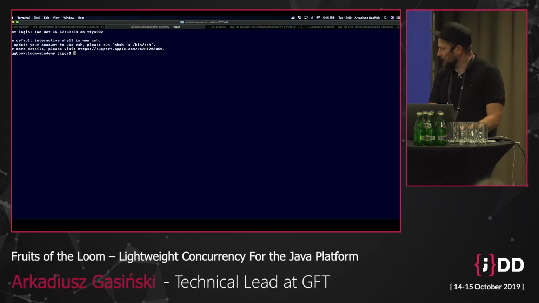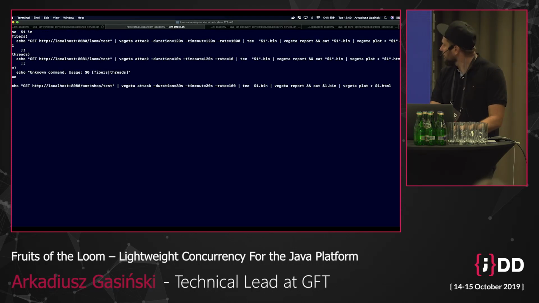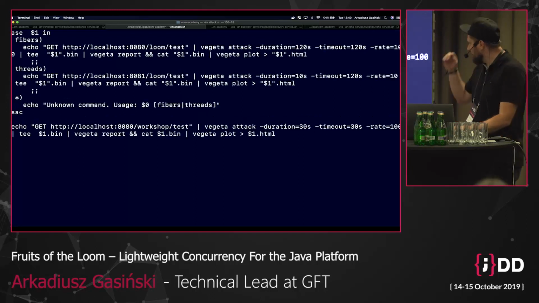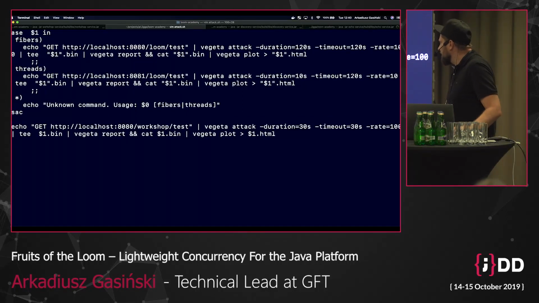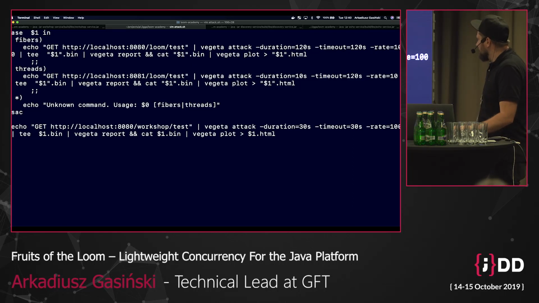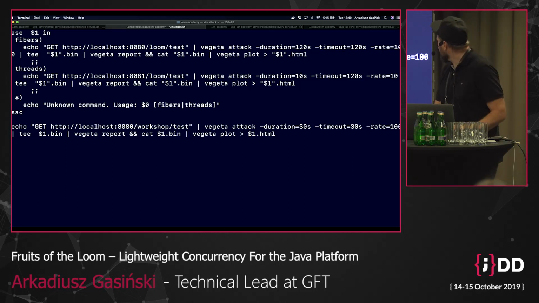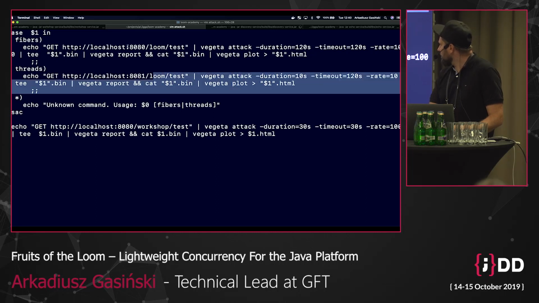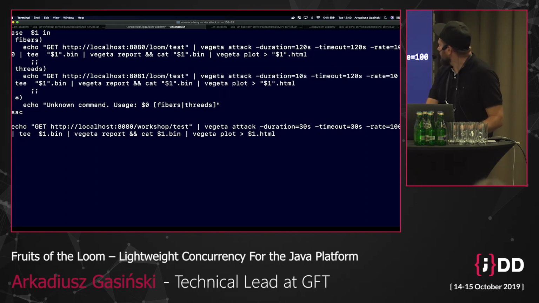Okay, and I actually do have a script which is called attack. I'm not sure if you can see it, but basically the service that we will be load testing contains the Tomcat connector. The first basically processes all incoming traffic in the context of Fiber. The second in the context of plain old Java threads. There are some ways to configure it, and let's start with seeing how fibers work on an unmodified version of